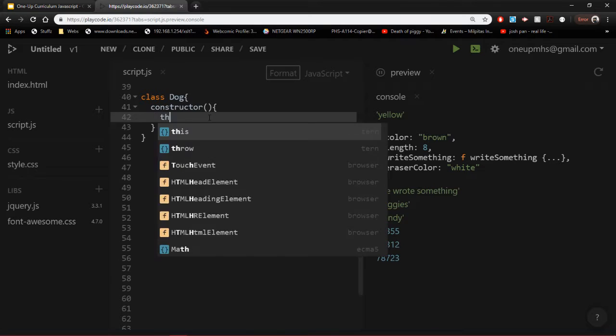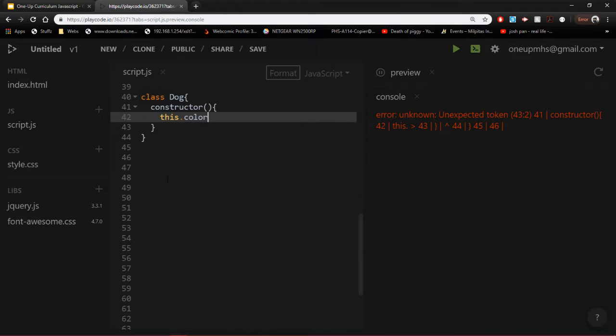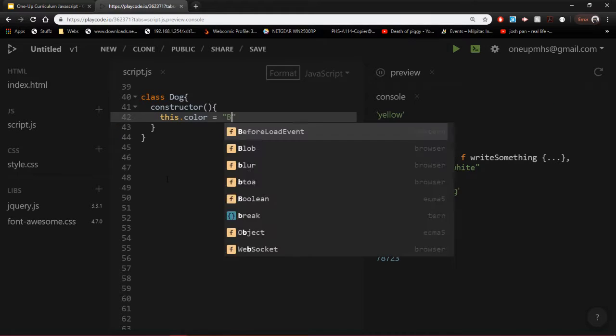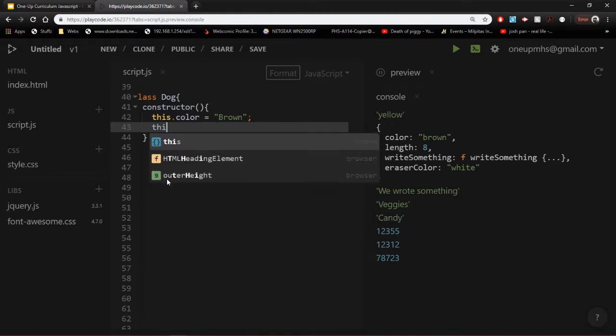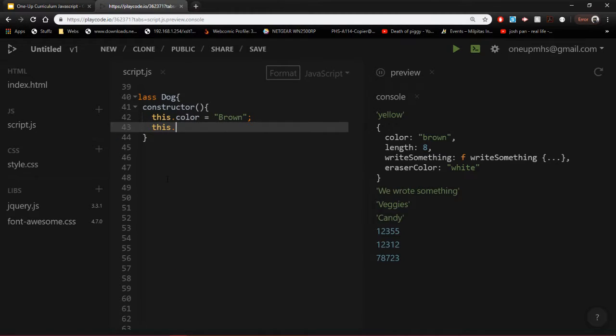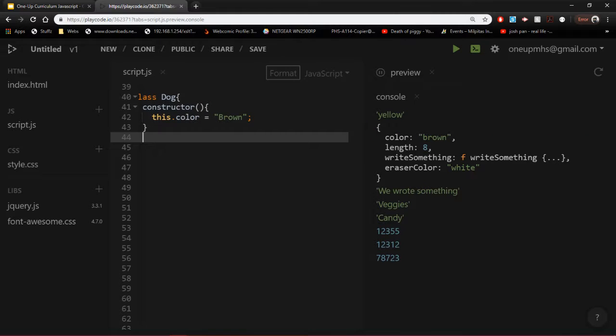So I'm going to use this dot, and what I mean by this dot is when I build this new dog, this becomes that new dog, right? This will make more sense later. So this dot color equals brown. All right, and then if you want to give it a function, you could say this dot bark equals function. You could totally do this. But the easier way to do it is to just go down here and under constructor,